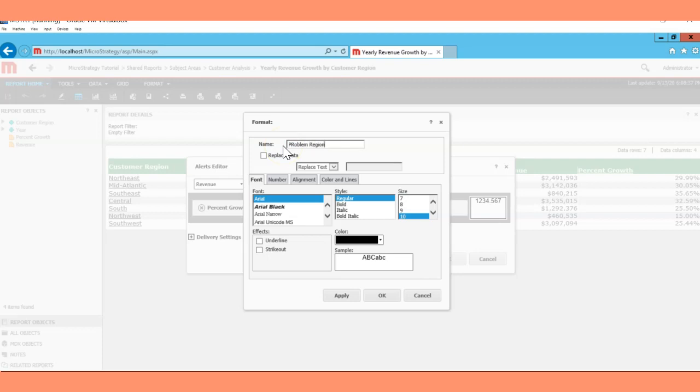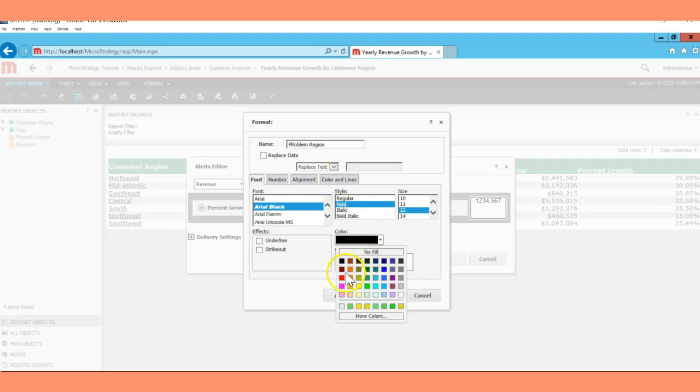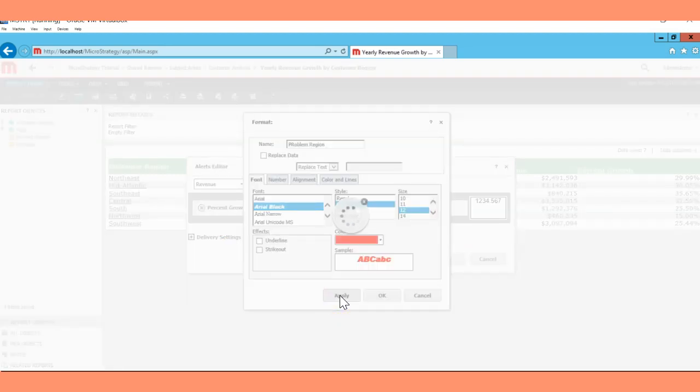On the font tab, I'm going to go with Arial Black for my font, style it bold, and font size a little bit more, 11 or 12. And then I'm going to pick the color also. You can change the color here. Sorry, this is not the red. I think that should be the red. Yeah, that's the red. If you hover your cursor over the color, it will give you the name also, and that's fine. You just need to hit apply.